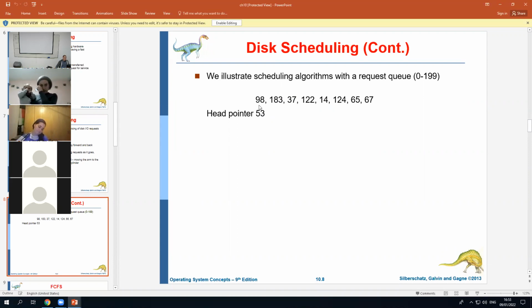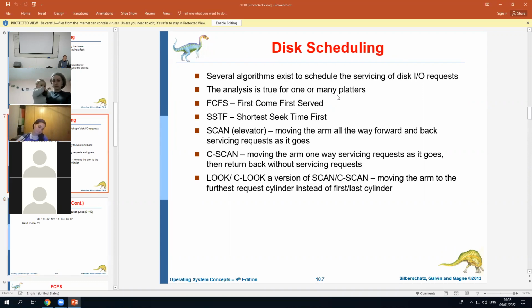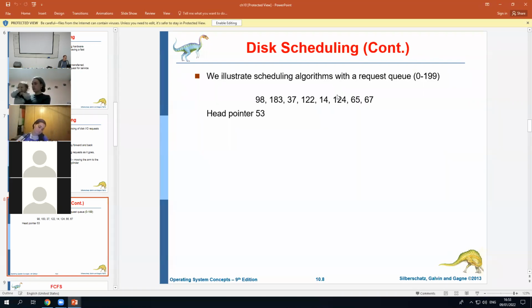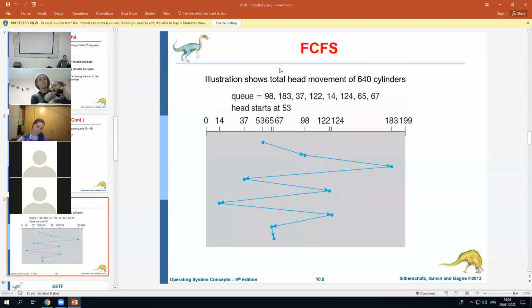So what should we do? Well, if it's first come, first serve, then we'll just do it in order. We'll go forward to 98, then forward to here, then all the way backward to 36, then all the way forward to 122, then backward to 14. And we'll get a picture like this,